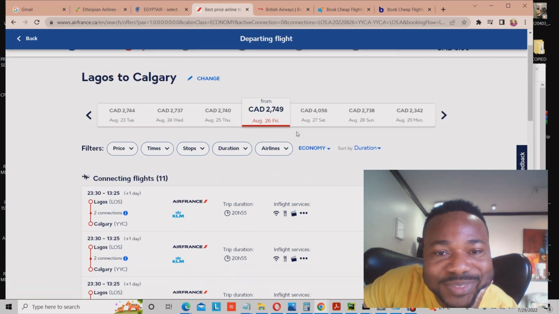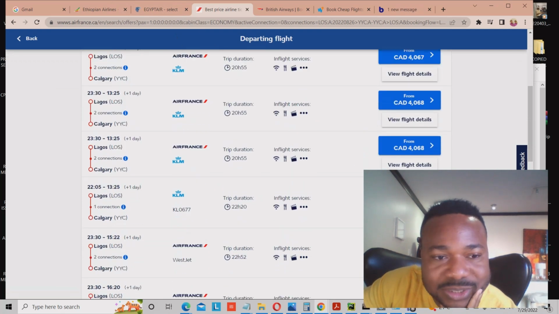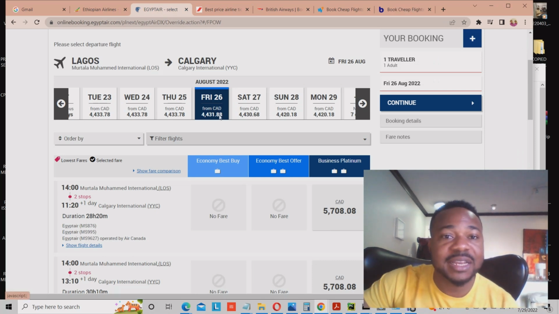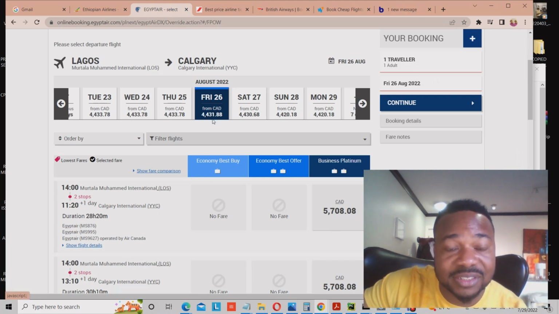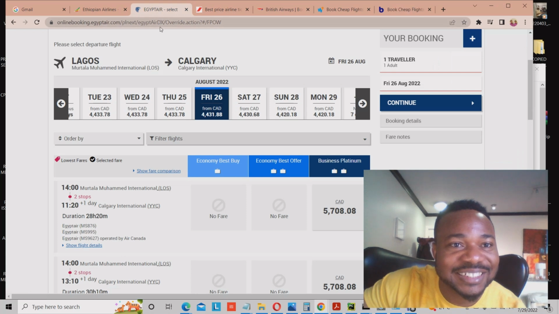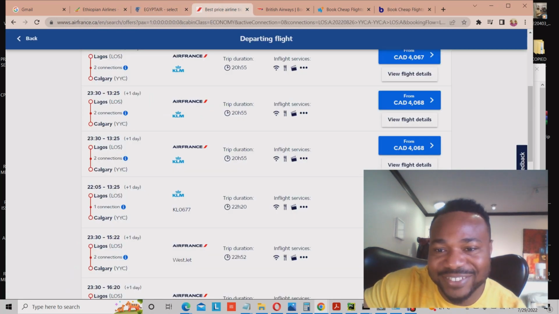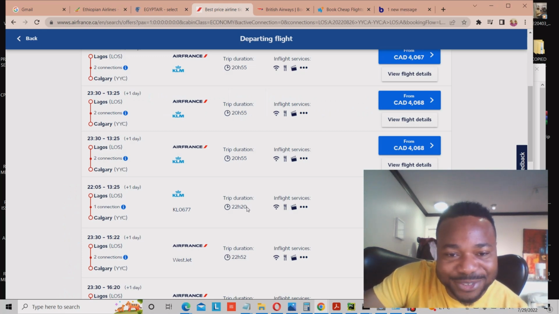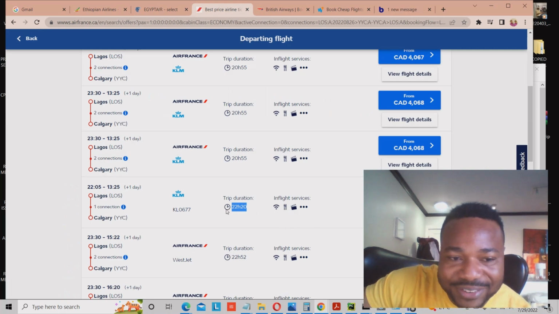So this one, $2,700. The cheapest one is $2,700. And this one is $4,000, Canadian dollars. So that means Air France is cheaper than Egypt Air. Can you see? 2,700. So you can just book this, and the duration is 22 hours. But now let's check